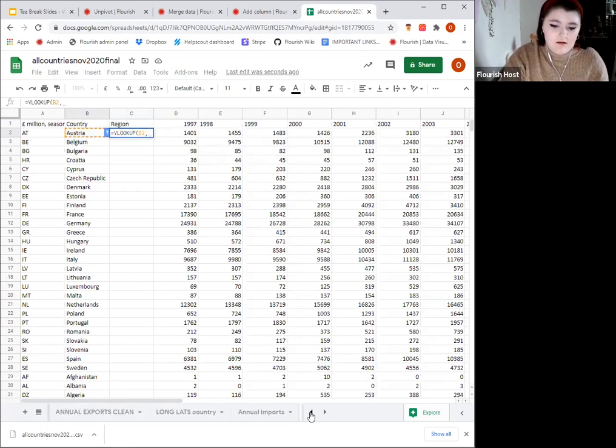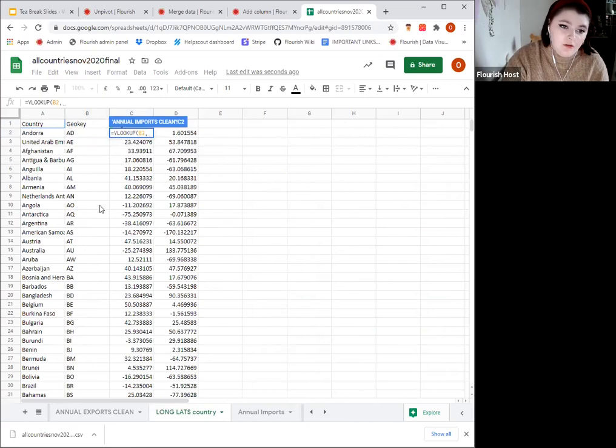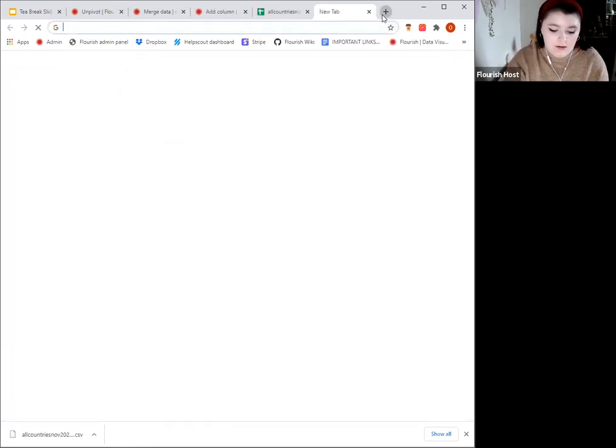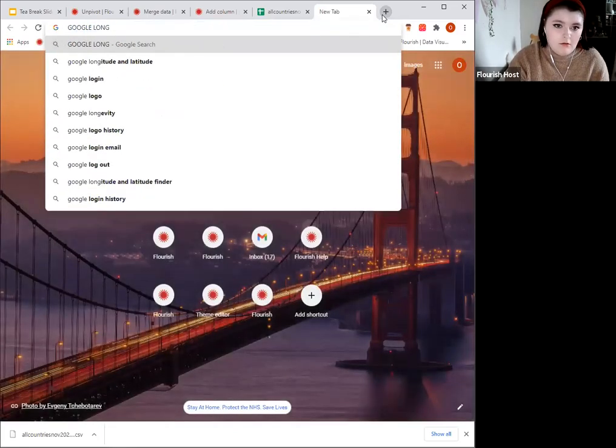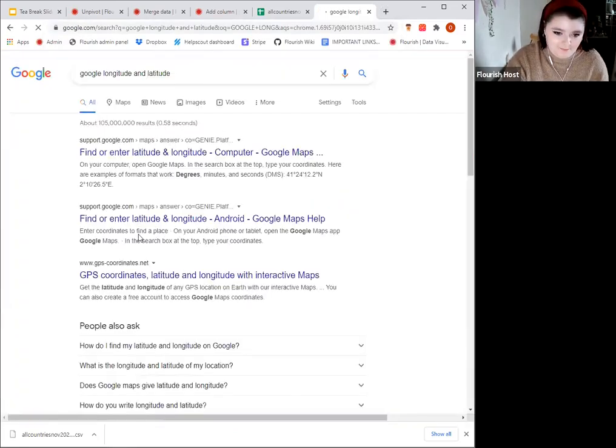And have I got regions? Yes, perfect. Then I'm going to switch to my regions tab. You can import, you can copy and paste. For example, I did longs and lats. I just copied this off of Google. Google have a really good, I'll just get it up quickly. Don't know why I'm all in caps, I'm not shouting it.